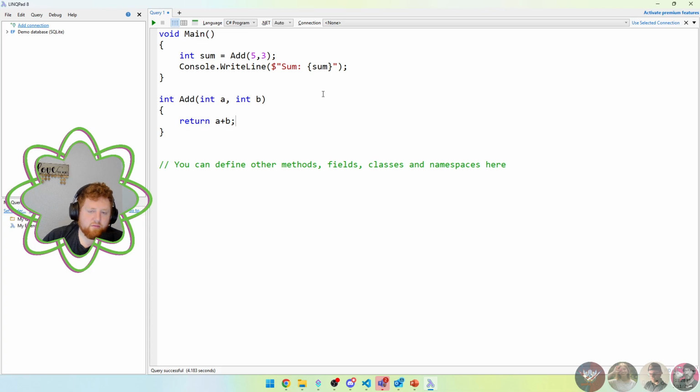Okay, so what this is going to do is I'm going to say sum equals, and then I'm going to do the add method, and add is 5 plus 3. It's going to return this addition, so it needs to return an integer. It's going to return 5 plus 3, which is 8. And then whatever this is, an integer, it's going to go into this sum int. So whatever gets returned here ends up here, because we've said sum equals whatever that is. Then we could say console.writeLine sum, and then we're printing out the sum. Okay, so if I run this,